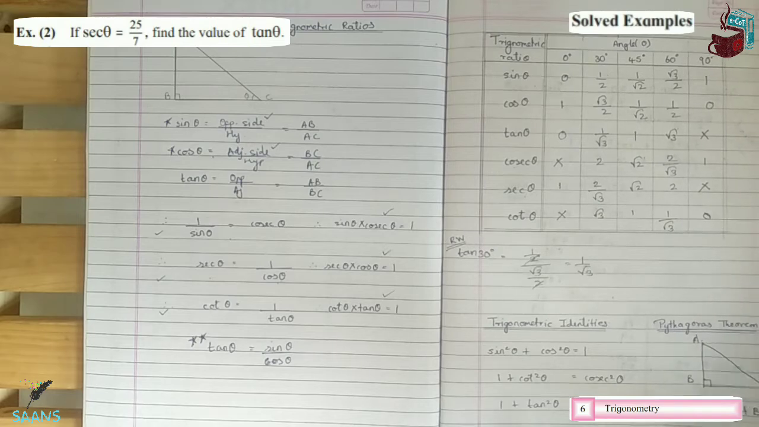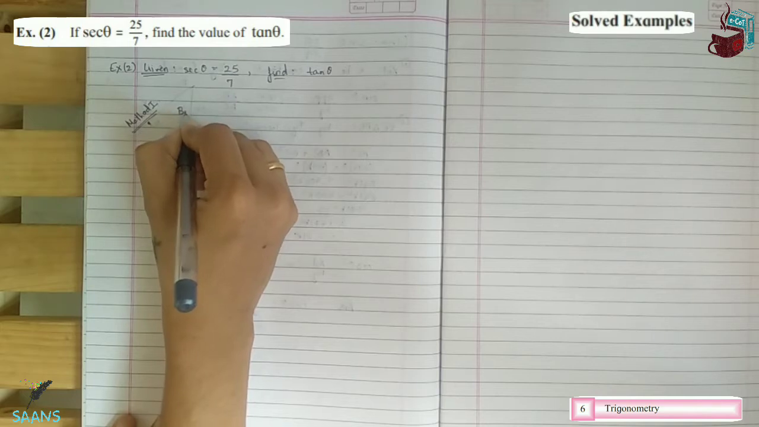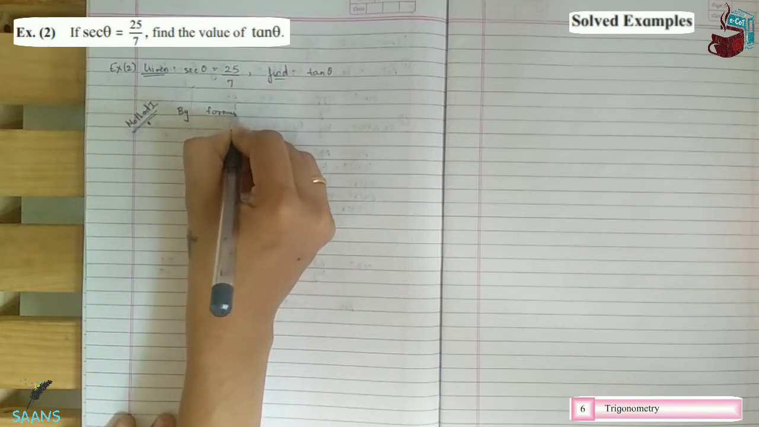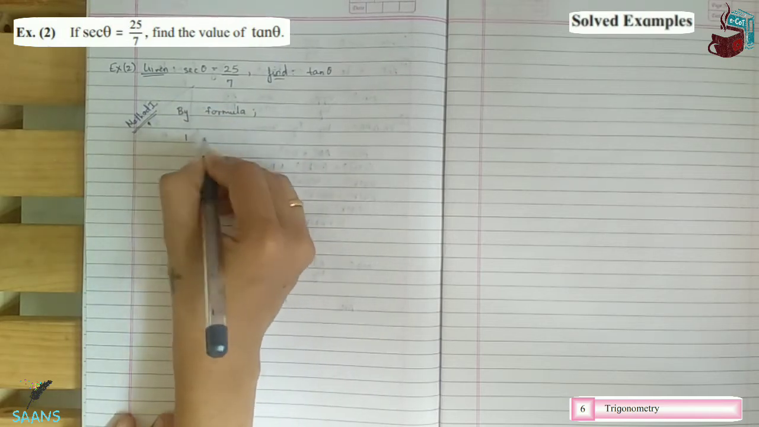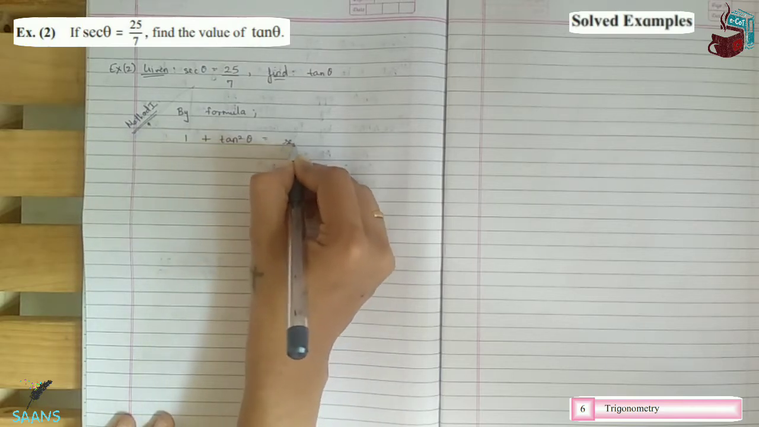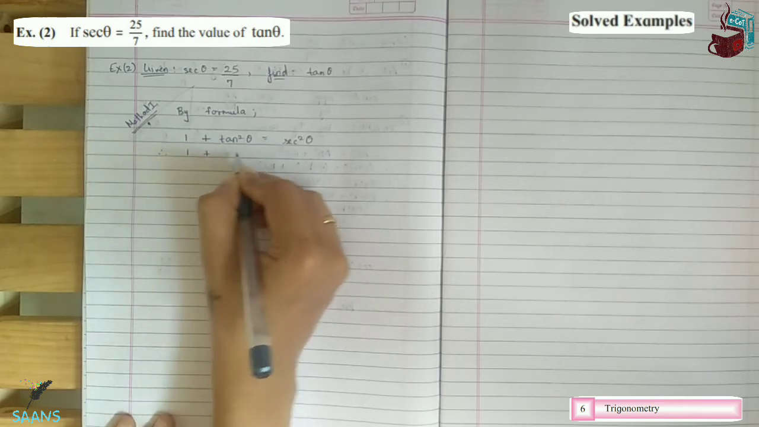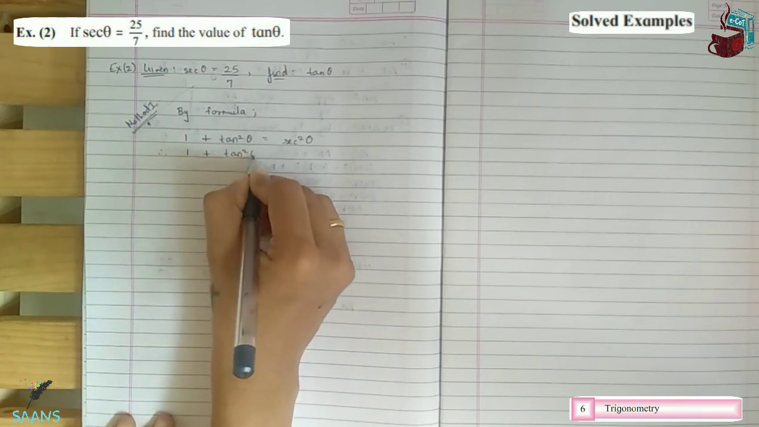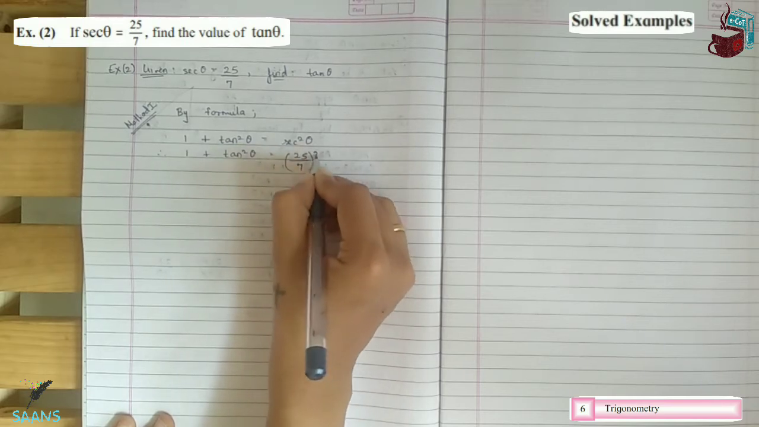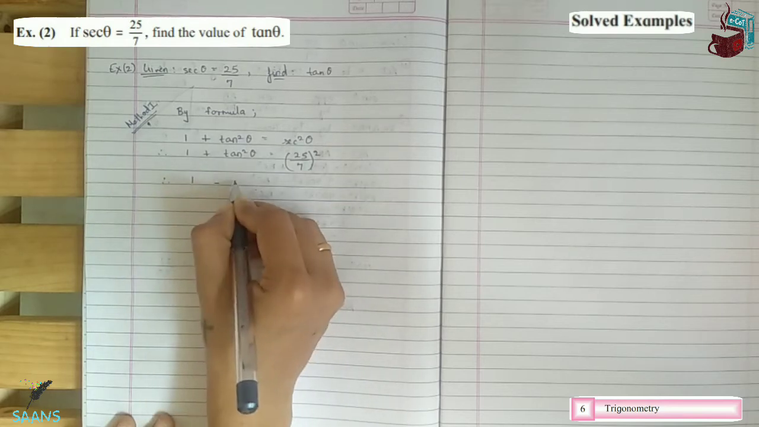This you need to learn by heart. So, one way of learning it by heart is to keep writing it. The more you use it in your sums, the better. By formula, 1 plus tan square theta is equal to sec square theta. Therefore, 1 plus tan square theta is equal to 25 upon 7 the whole square. Therefore, 1 minus 25 is